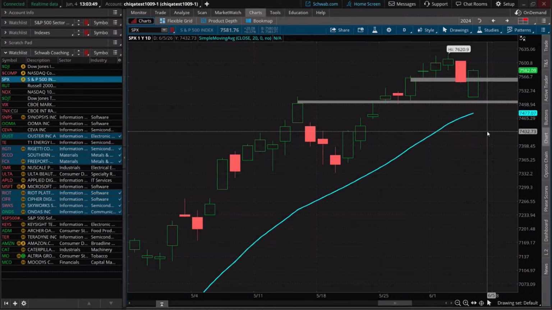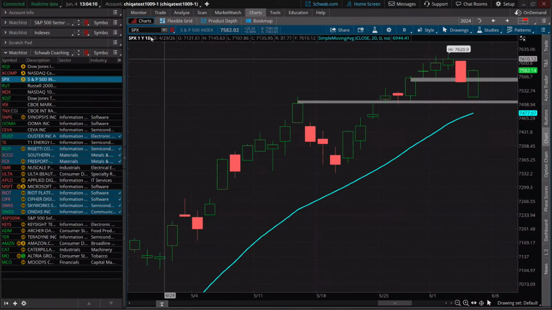Still seeing a lot of strength in the overall market. If we are a trend trader, this little bounce from support could have been a possible time to buy the dip on a trend here. And what do we say? The trend is your friend until the end when it bends. And this trend is not bending yet.